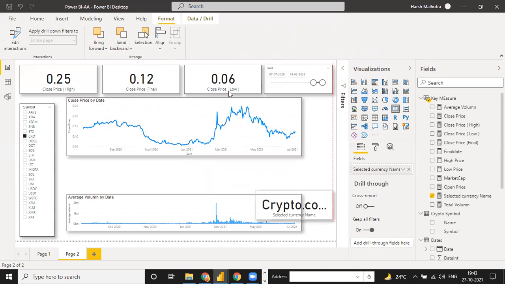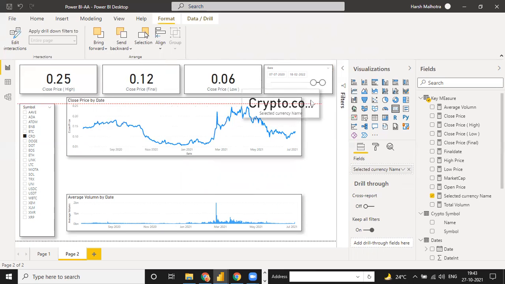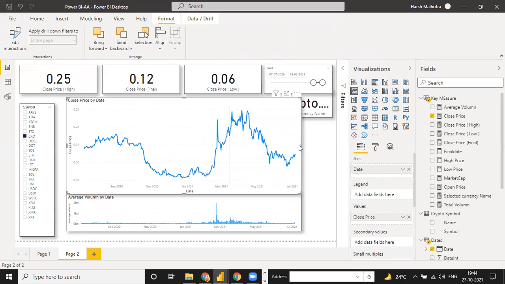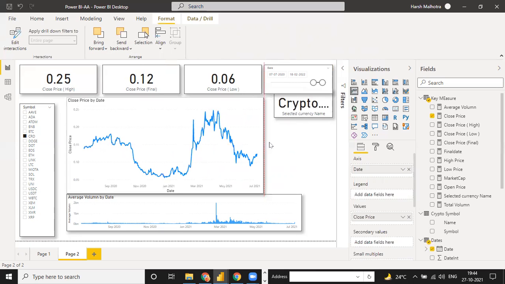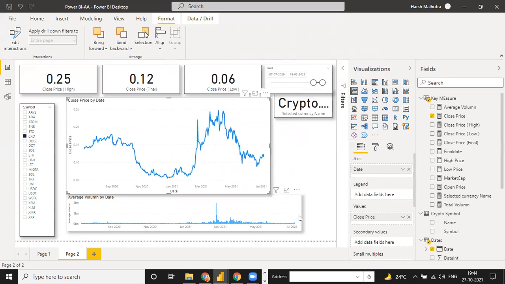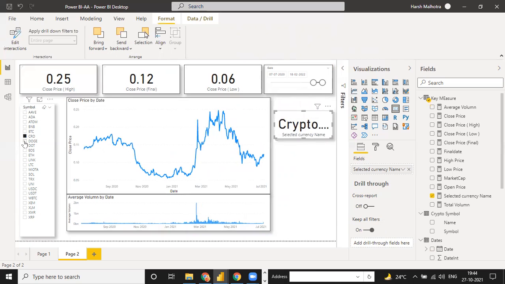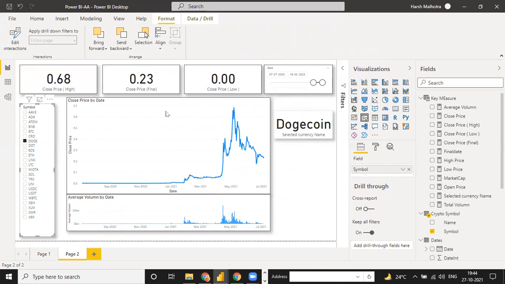Click any other side. See, when we select this top currency, the currency name should be here.